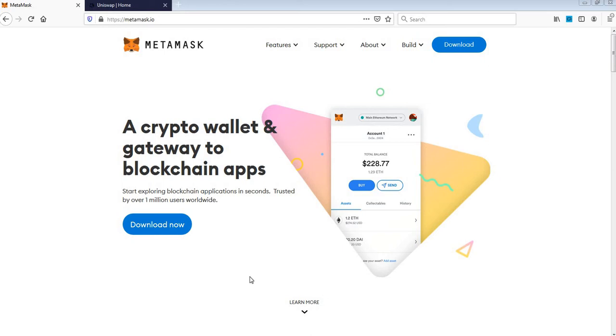Hi, in this video I will show you how to create your crypto wallet and MetaMask account and pair it with Uniswap decentralized exchange. Okay, go to MetaMask.io, click download,